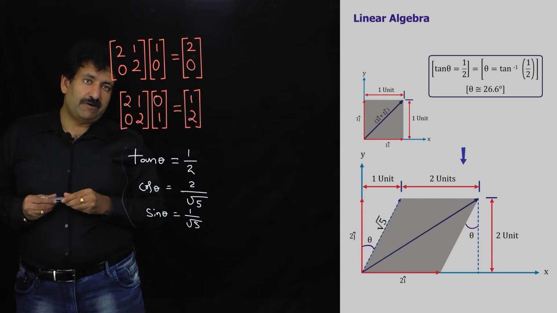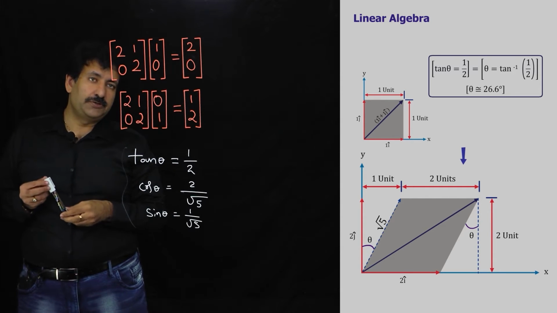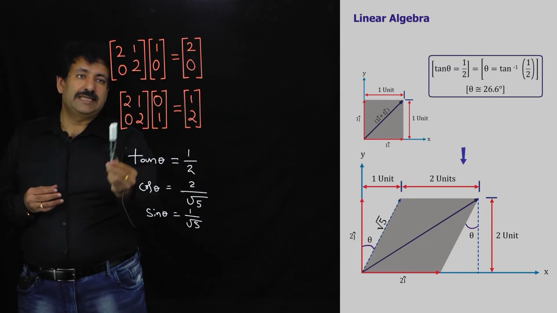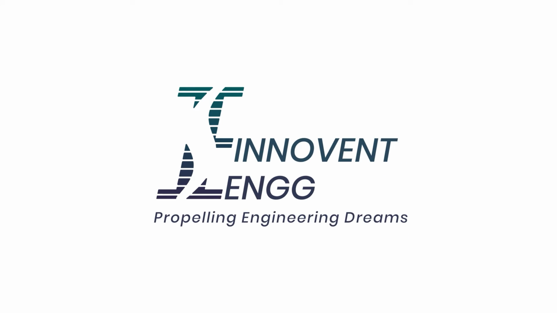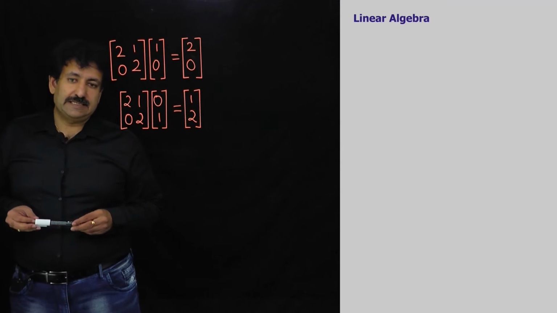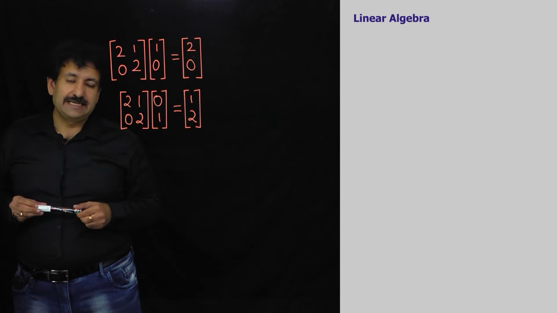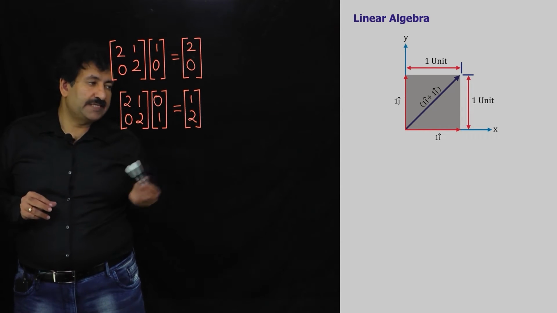Now, instead of introducing a scaling factor only in column 2, if I were to introduce it in both column 1 and column 2, then... now let's try and introduce an off-diagonal term, and let's see how the square space, the unit square space, transforms into